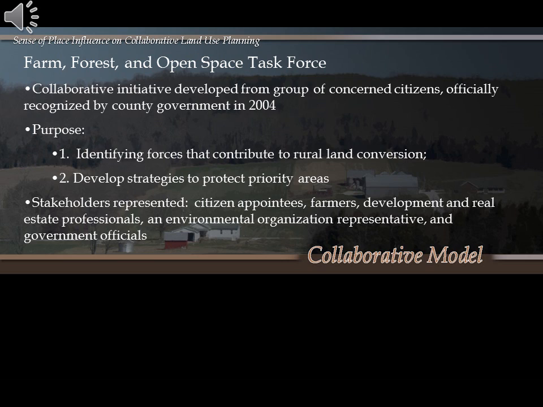I'm just going to go ahead and pause briefly here on this slide, just to let you know the process of where things were at. Again, I've already mentioned this is the best thing that the Farm, Forest, and Open Space Task Force did: very early on they expanded out and reached out to others and really had a broad range of stakeholder groups and citizen groups represented in this effort. So much so that in 2004, the county officially recognized them as a county initiative. The county signed off on this as a citizen-led initiative, and that had a real impact on where this work ended up going.